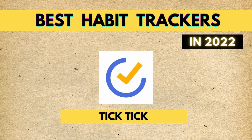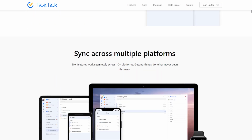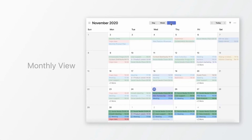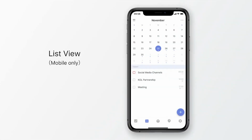And the number 6 in our list, best habit trackers for 2022, is going to be TickTick, which is also not just a habit tracker, but a couple of years ago they also added the feature of tracking your habits in their app. That's why it became a whole system where you can use a Pomodoro timer, track your habits, build your to-do list, or set up tasks recurring every single day, every single week, every single month. That's why I really like